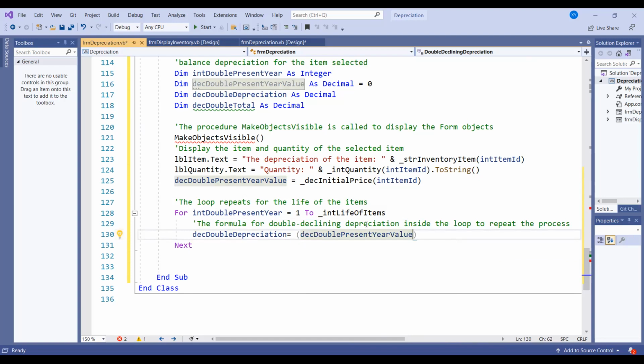Then multiply by 2D. 2D is 2 decimal, just 2, but it's decimal. So decimal times the decimal, you have a decimal value. So 2D means whatever this value, your value times 2, divide by